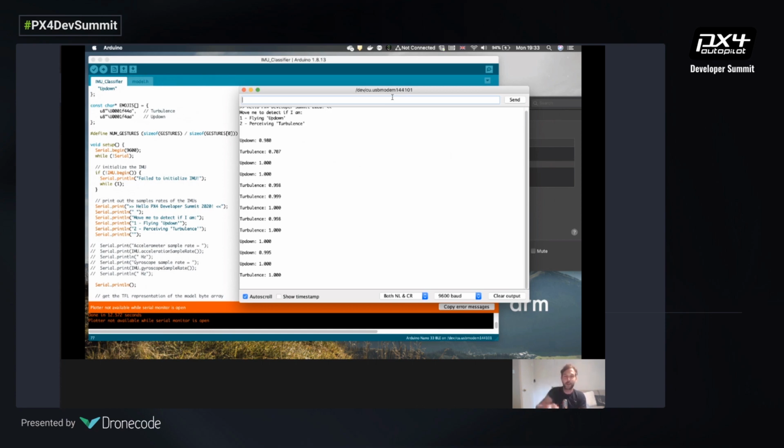And you can see how the accuracy of this is actually quite impressive for being a model that runs on a Cortex M4 in a really, really efficient way. And you can see actually the speed of recognition. I mean, it's actually really fast. The only thing that's slowing it down is that there is a window of data collection that's happening. But you can see how actually it's really good at recognizing whether this is turbulence or up and down.